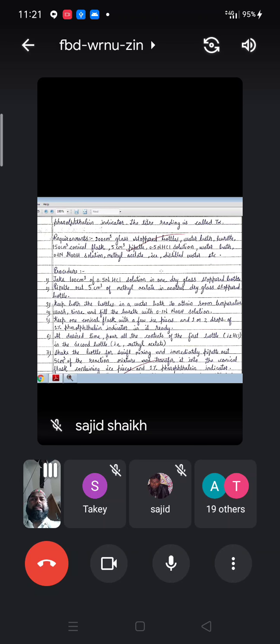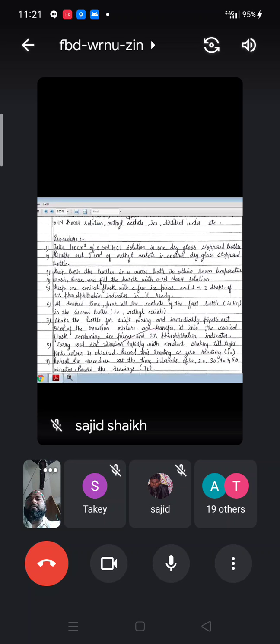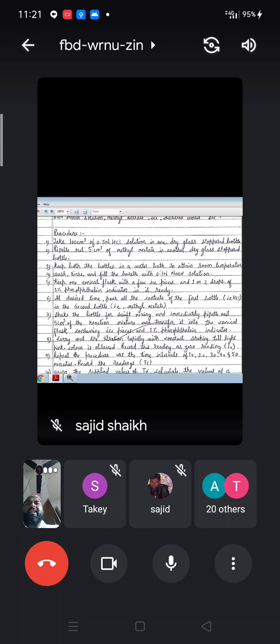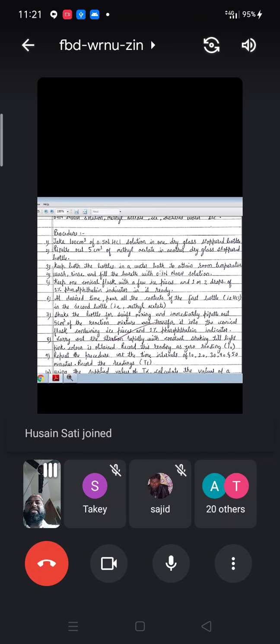All the content of the first bottle, that is HCl, we will pour in the second bottle. At the desired time, pour all the content of the first bottle into the second bottle, that is, the HCl will transfer to the bottle containing methyl acetate. Shake the bottle for homogeneous mixing and immediately pipette out 5 cm³ of the reaction mixture and transfer it into the conical flask